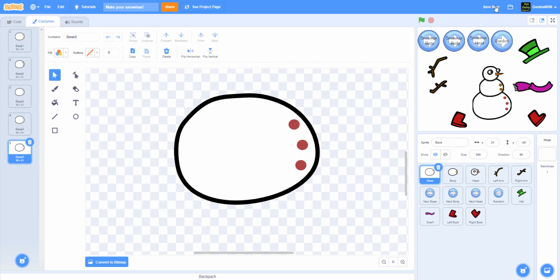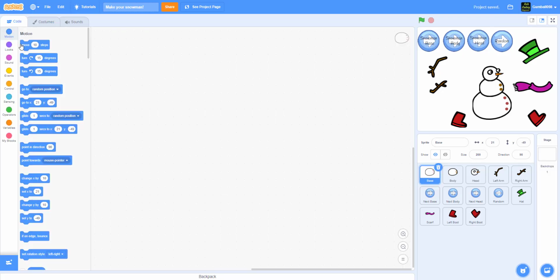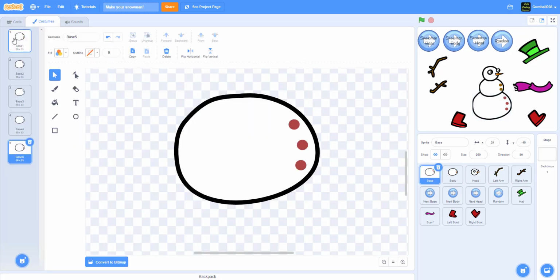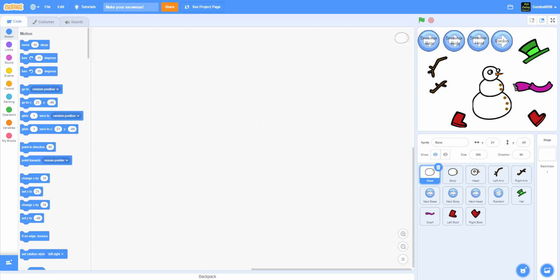So we have everything set up here, so let's get started on code. And if you don't want to change the base or the body or the head, or if you want to do that, you can make next scarf and just do the same thing for the scarf. So let's work on the base. So let's just do B12. Alright, so the base